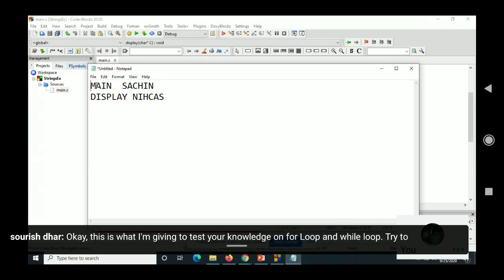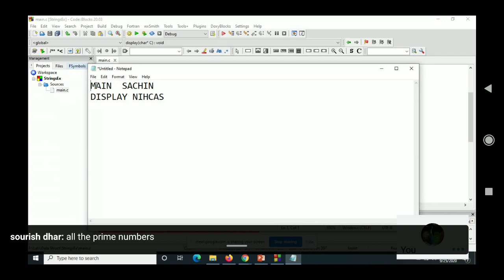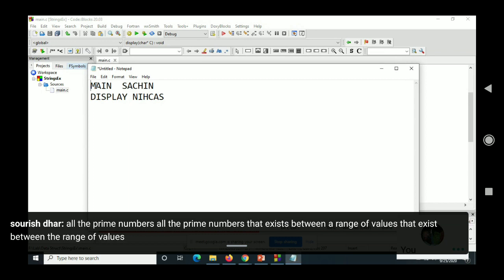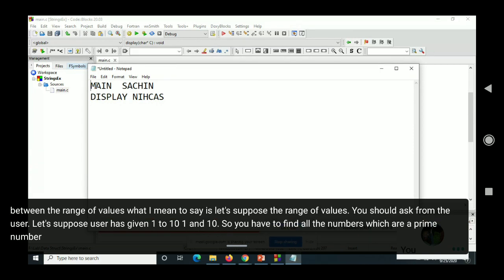Write a program to find all the prime numbers that exist between a range of values. What I mean to say is, the range of values you should ask from the user. Let's suppose the user has given 1 and 10. So you have to find all the numbers which are prime between 1 and 10.